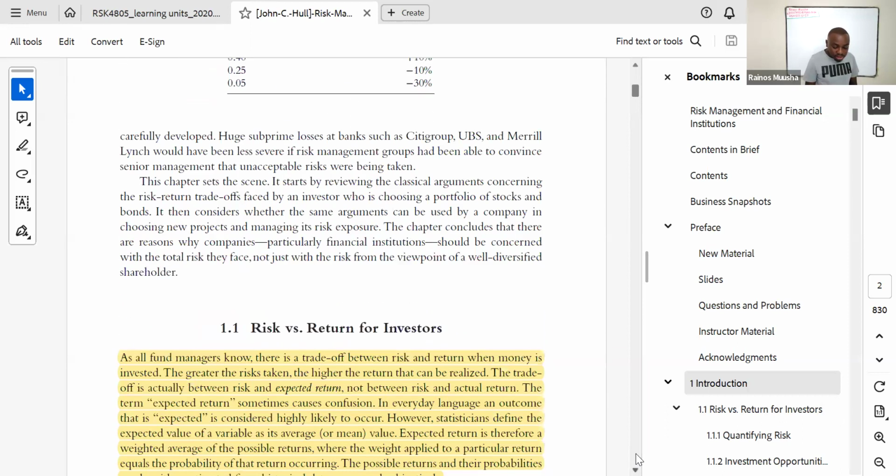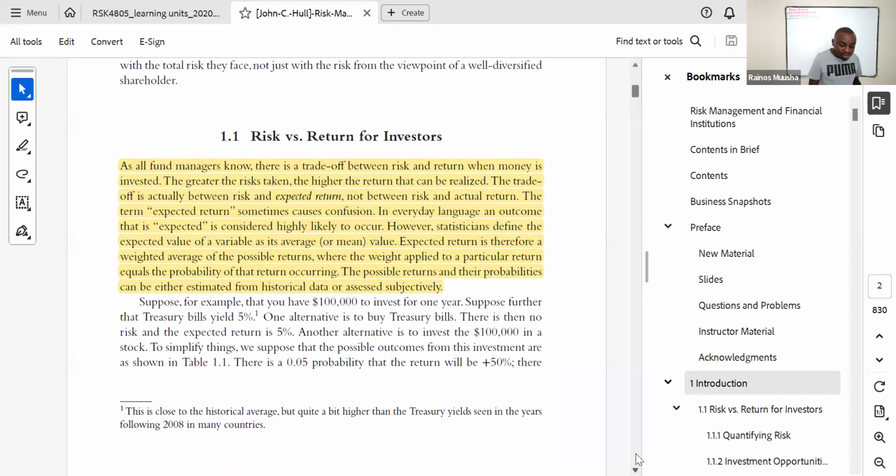So based on these projections, now we need to find out exactly what is the relationship between the expected return that we're going to be looking at, as well as estimate, for this return that we're expecting, how much is going to be our risk exposure? Because for every return that you pursue, there's always going to be risk that you're going to be exposed to as well. So when you look at risk versus return for investors, they say